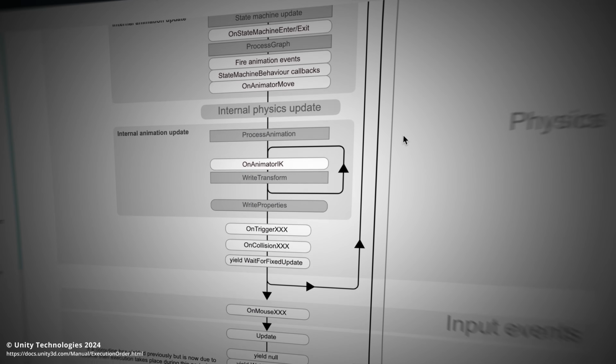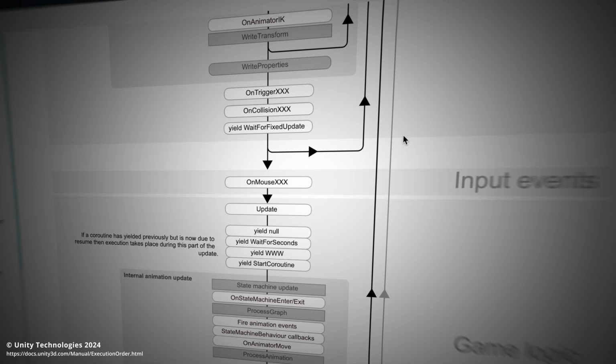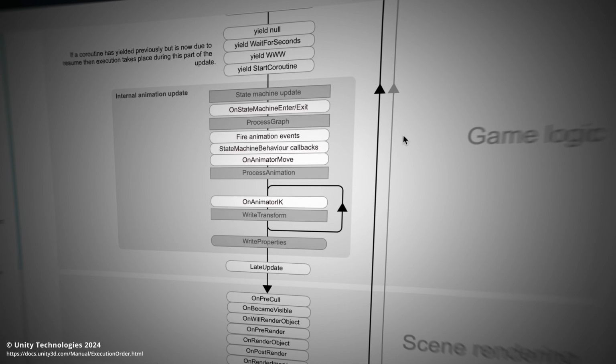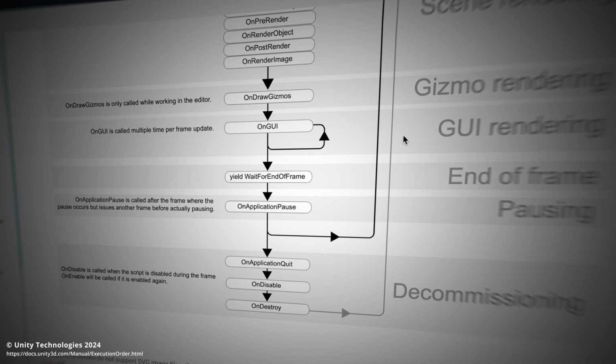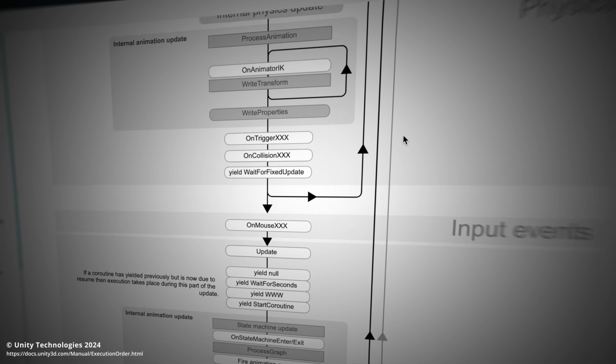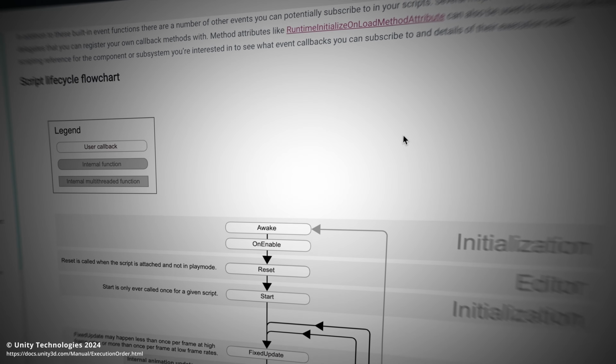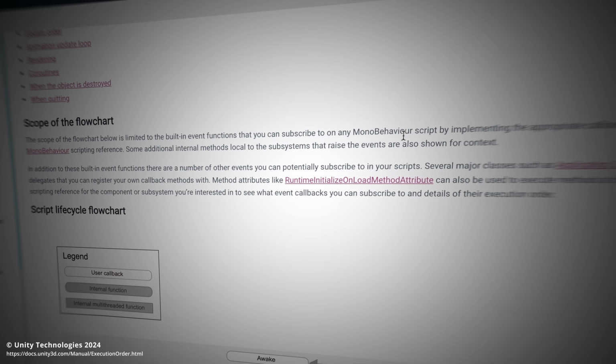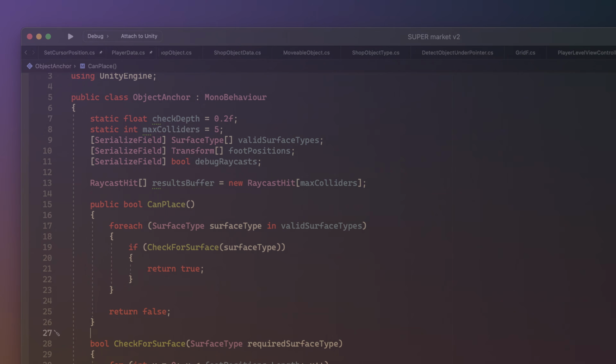Special event functions are called automatically by Unity in a set order. These include functions such as update, start, and other special functions that are triggered when physics collisions happen, for example. You'll learn more about Unity's event order and how you can use it to chain logic together later in this course. When a function is called, its logic will be processed line by line until it reaches the end of